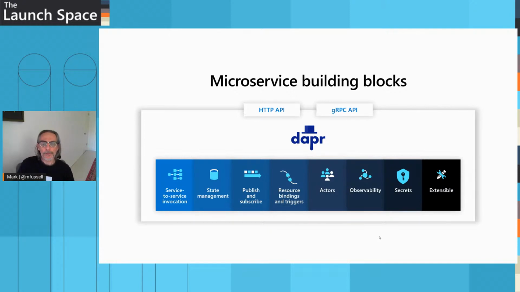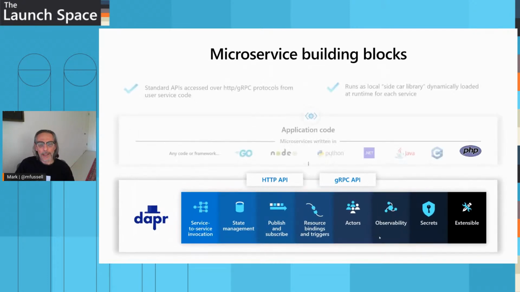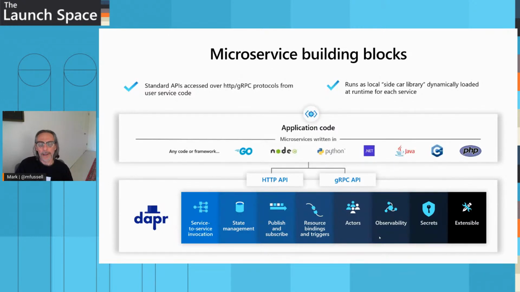So these are the building blocks that Dapr provides you: secrets management, observability, diagnostics. You can access them over your favorite HTTP or gRPC framework. And so that's exactly what happens. Dapr layers on top of this. You come with the programming language of your choice, and just start to use it. It's as simple as that. If you can do HTTP, you can use Dapr.